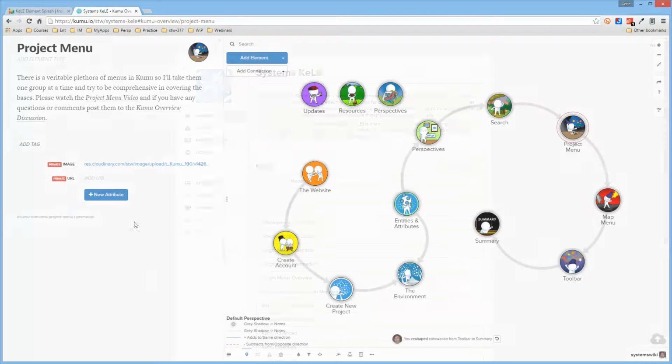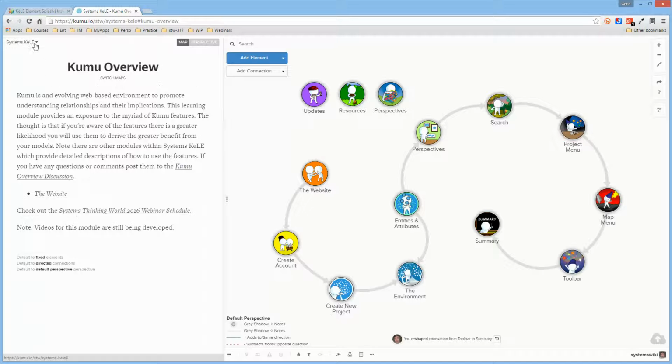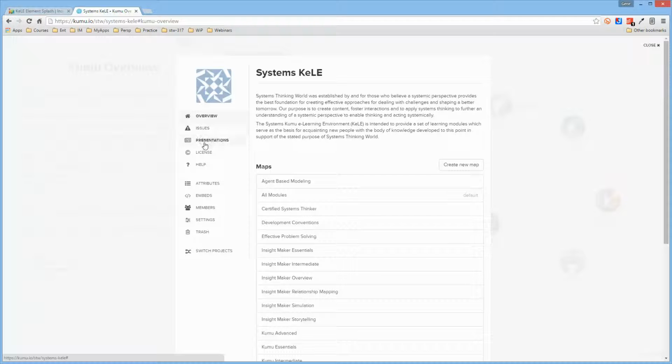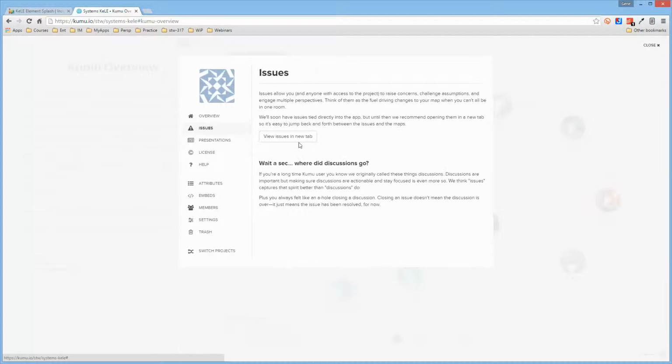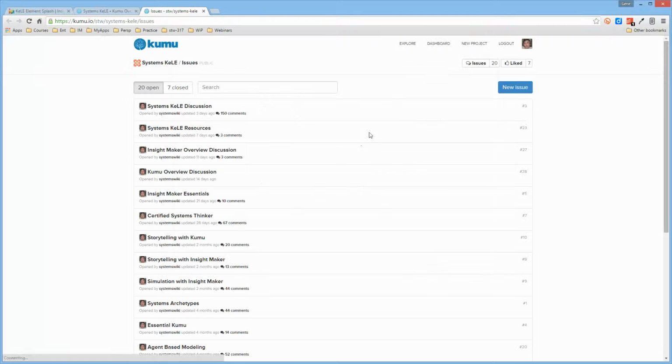Now note that the options on this menu will simply take you to specific entry points in this display. So I'm going to talk about all of them from here as opposed to from that menu. So the issues takes you one step closer to getting you into the area of the project where you can define discussions and